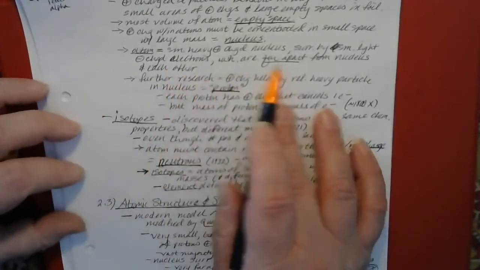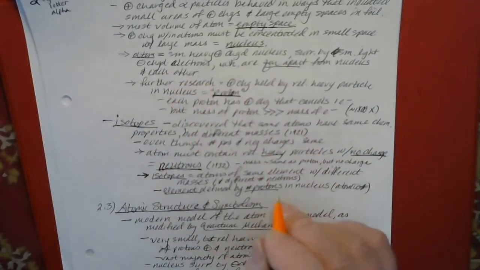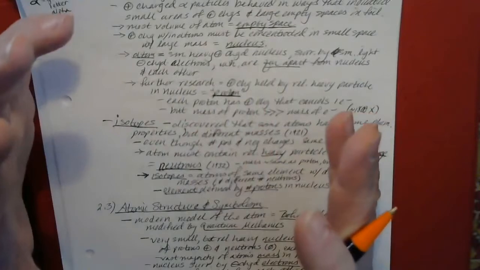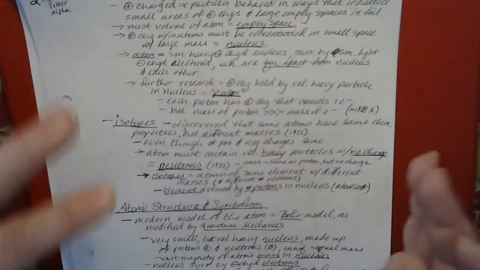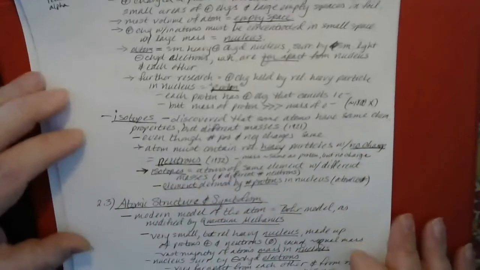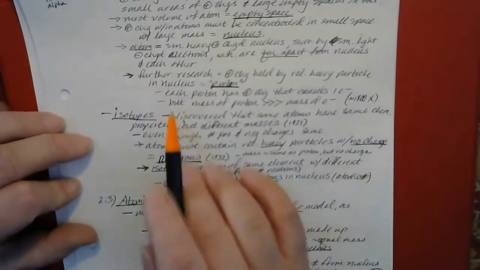Okay, and the electrons are so far apart from each other and from the nucleus that if we had, say, a scaled up atom where the nucleus was the size of a basketball and it was located in our normal classroom at Villa, where we usually meet, the closest electrons would probably be somewhere in the Galleria parking lot. That's how far away the electrons are from the nucleus. And then the next nearest electrons would probably be like a mile beyond that. So there is a lot of empty space in the atom.